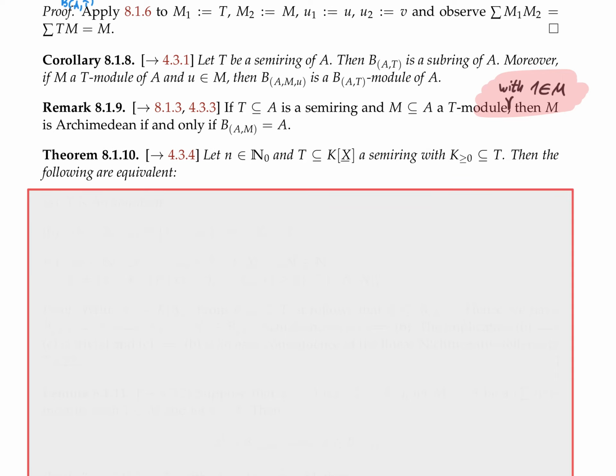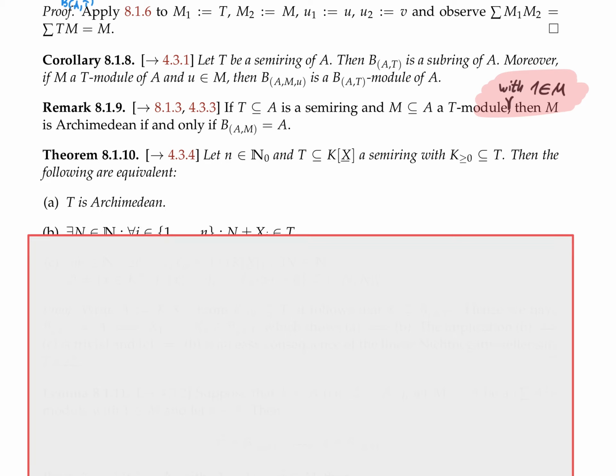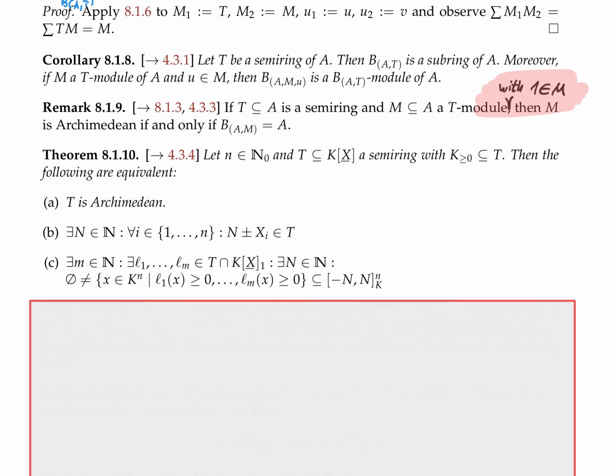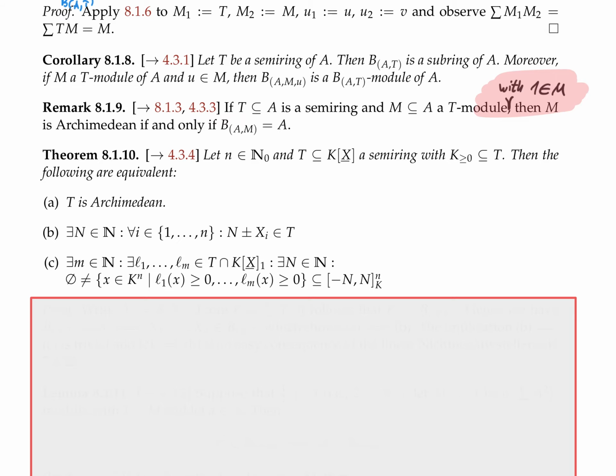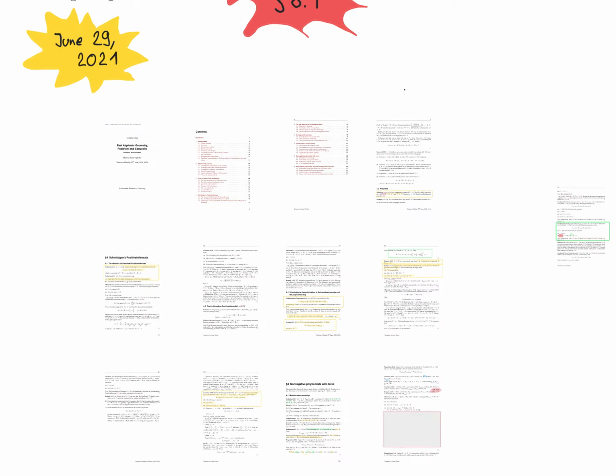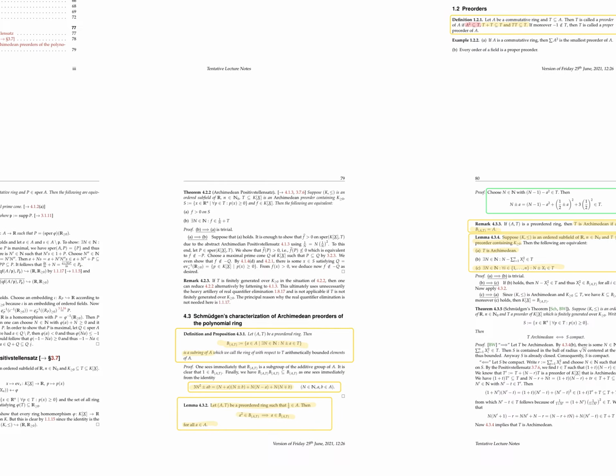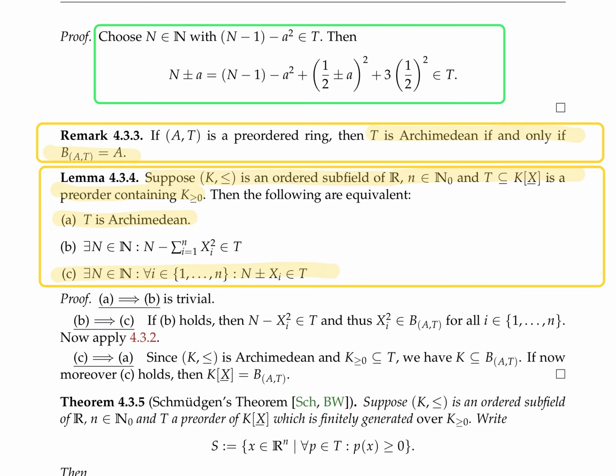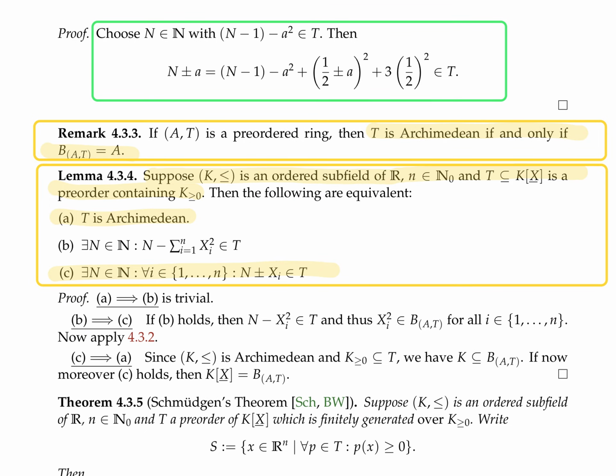So, the next theorem is a characterization of Archimedean semirings. In 434, we had something similar for preorders. So here K was an ordered subfield of the reals. Here it's also a subfield of the reals with the induced order, so that's the same thing. And here we had a preorder containing the non-negative elements of A, and then we had that the following